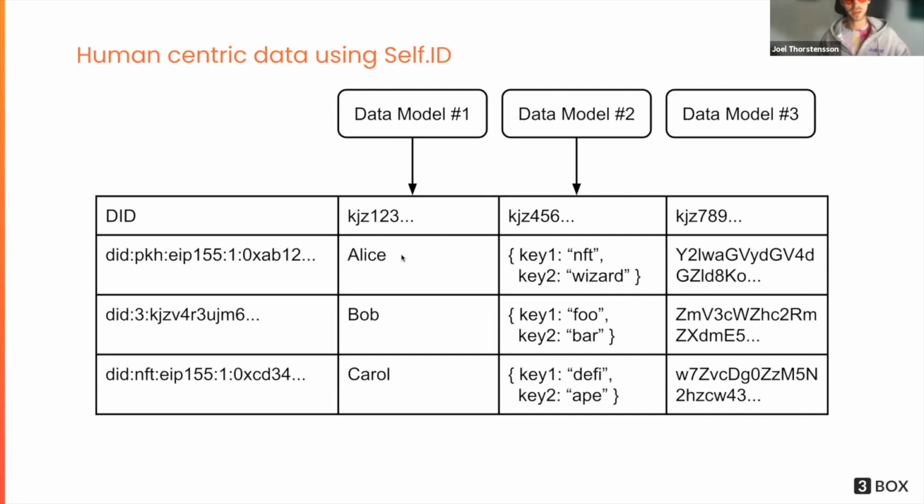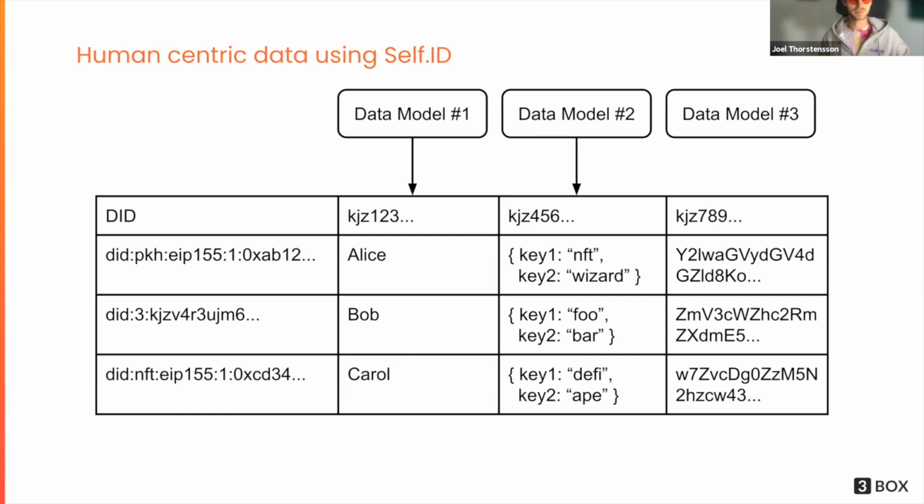Here we can see there's a name in the first column, there's some other properties in the second column, and it looks like there's some encrypted data in the third column. The cool thing about these data models is we can have basically an infinite amount of columns here. So there's no limit to how much data you store with the user. And there's also no conflict. If someone wants a name property that's just a string, and another application wants the name property as forename and surname, then if they were stored in the same column, there would be a conflict, and the apps would break if they tried to use each other's data. Now there's a data model that enforces the structure of the data,